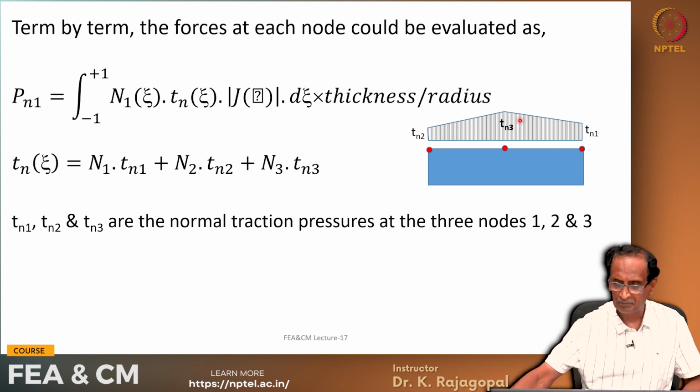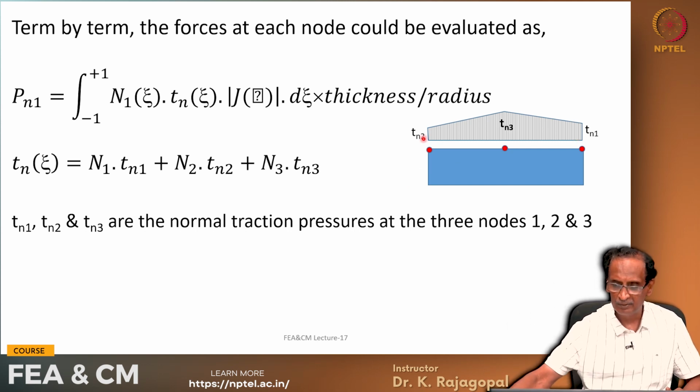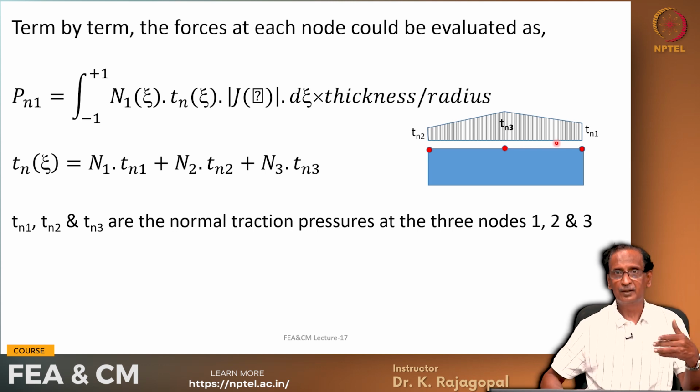In general the traction at any point could be written as N1 Tn1 plus N2 Tn2 plus N3 Tn3, where Tn1 is the magnitude of the normal traction at node 1, Tn2 is the magnitude at node 2, and Tn3 at node 3, and this is an input parameter. This we have to give as input data,